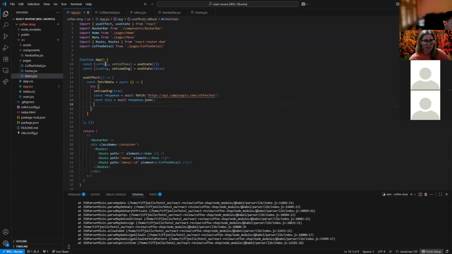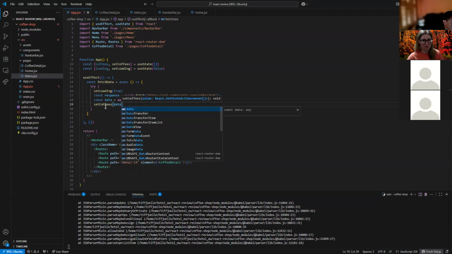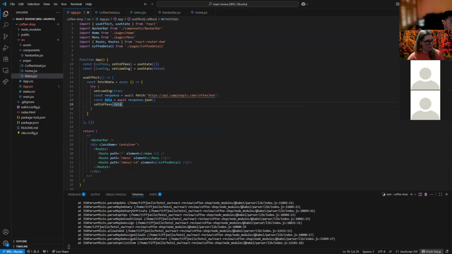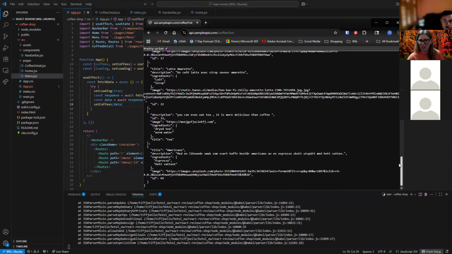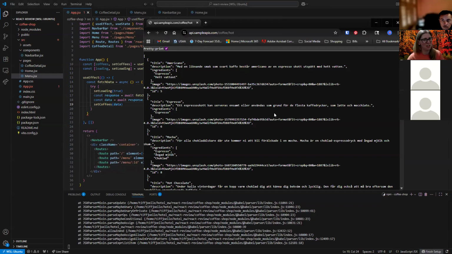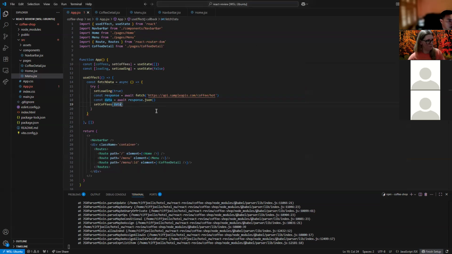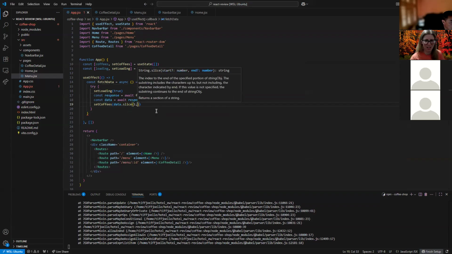So we want to put that in our state. So we're going to set copies. And typically you would just do setCopies with data. But let's say we had tons of copies being returned. Let's say we had like 100 plus. We don't here, but what if we had a ton and we didn't want to deal with all that for whatever reason? We can just slice this. So I'm going to slice the first